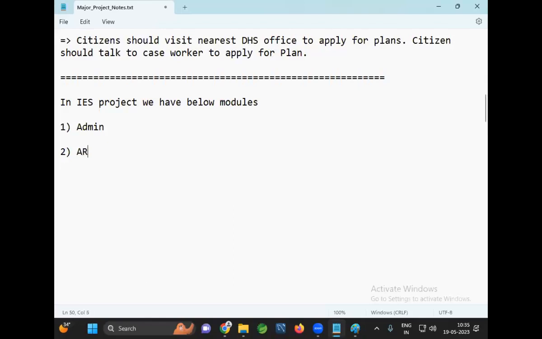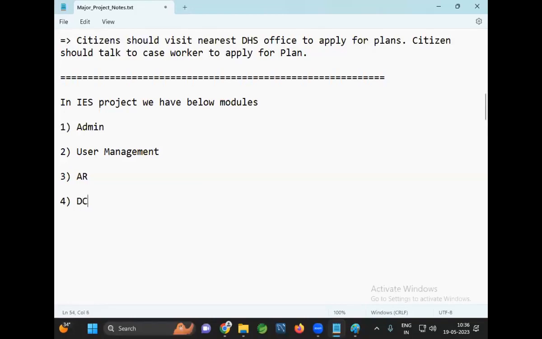Then the user management module is available. Instead of user management, I can say case worker management, or instead let me give the name as admin module. Okay, so let me keep that as user management. Next one, the application registration module is available.